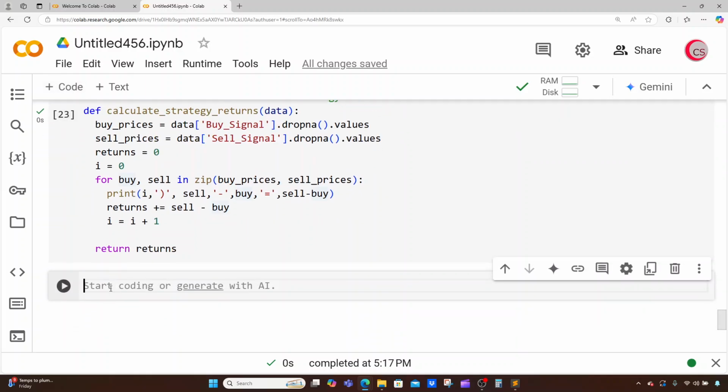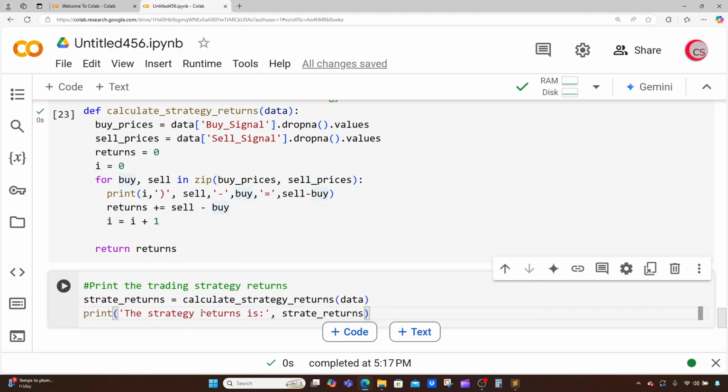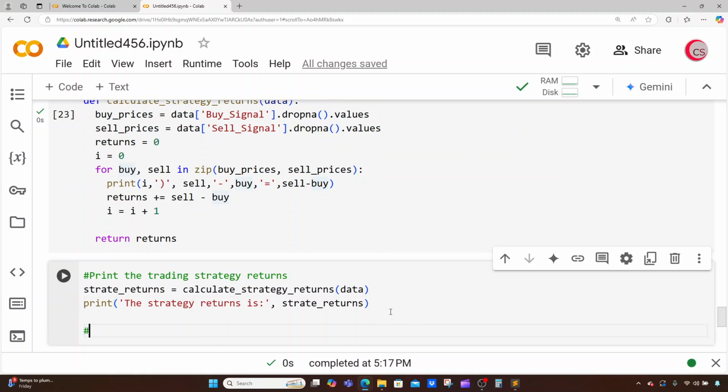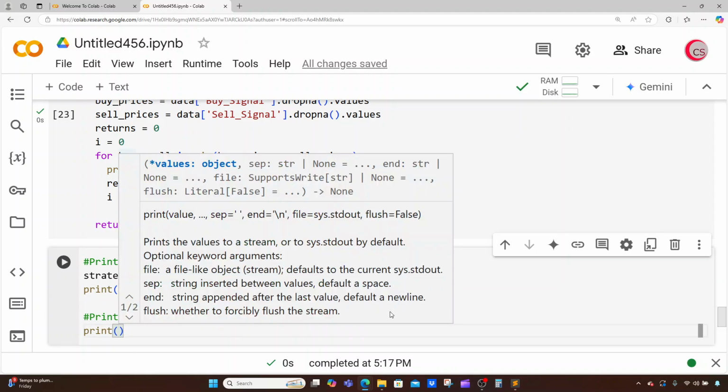Let's create a new cell. And now in this cell, let's go ahead and print the strategy returns. I'm going to create a variable called strat_returns and set it equal to calculate_strategy_returns. We're going to input data, and I'm going to print the strategy return is strat_returns. And let's go ahead and print the buy and hold strategy, which is just us buying at the very beginning and holding to the very